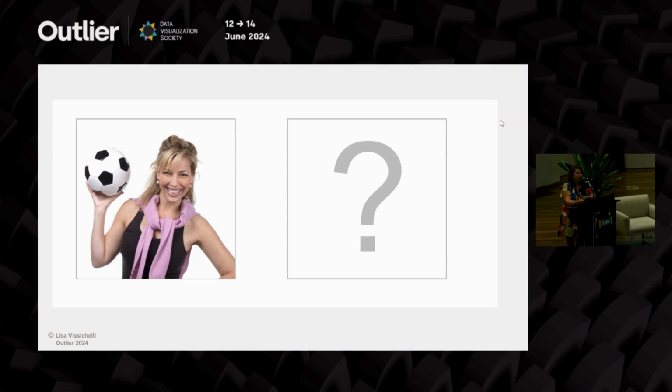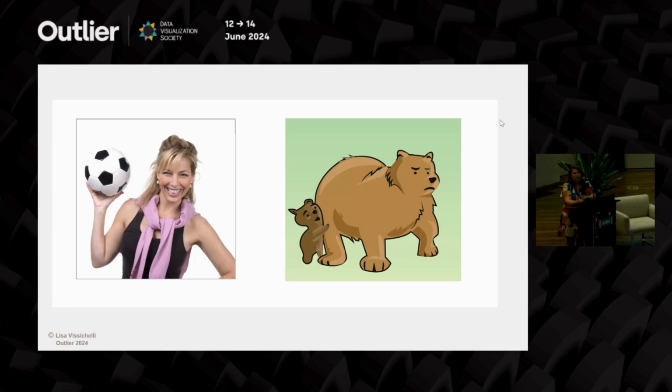So what if we tried something different with this image? Instead of showing a photo, what if we tried something like this and visualized it as a metaphor? Now, what traits is this image telling us? Can I get any shout outs? Mama bear. Mama bear, right. And what is the mom doing? Why is she the mom? What is she doing and who's behind her? She's protective. Yeah. And does it really matter that she's not a photo? Can you still get the gist of what she's trying to do?